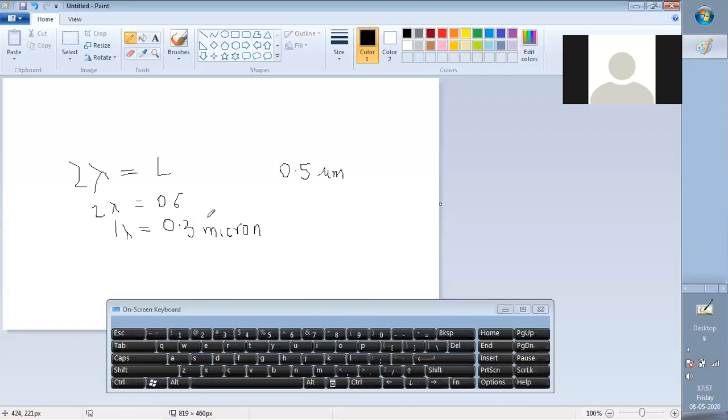This is called technology mapping. That is, with the technology we choose the length as 0.6 micrometer. Why do we choose this? We choose a length higher than the technology because lateral diffusion takes place, right?